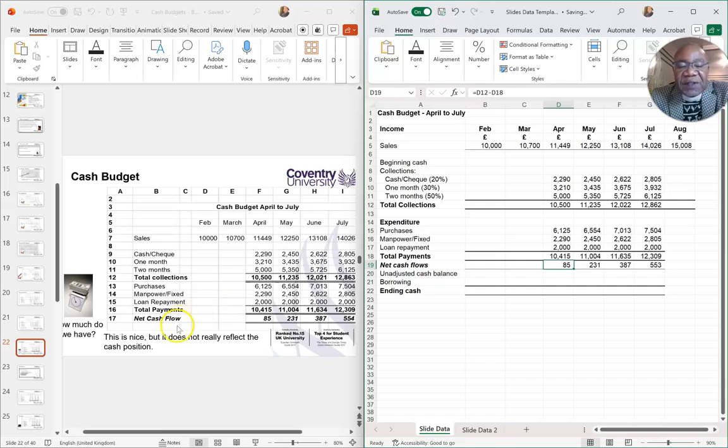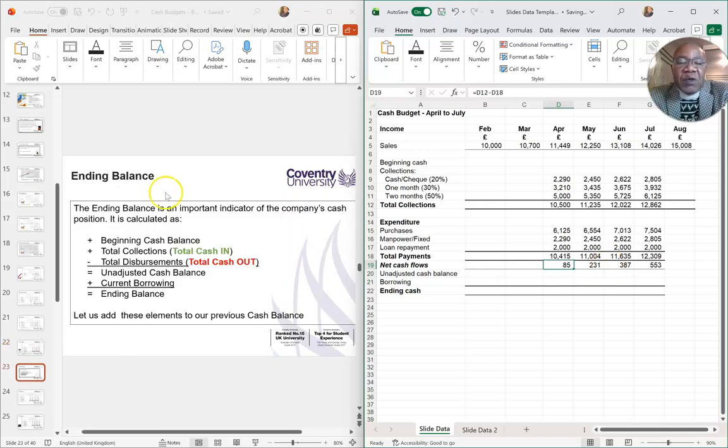In fact, this is nice, but the problem we have is that it's not reflecting the cash position that we have. So we need to know what the final cash position is. To do that, we normally follow this, which is to take the opening cash balance, add to that the total collections, less the total payments to give us the net cash flows, the unadjusted cash flows,